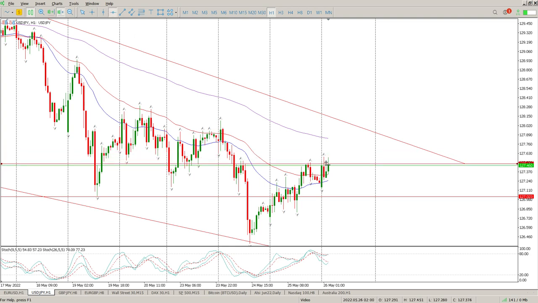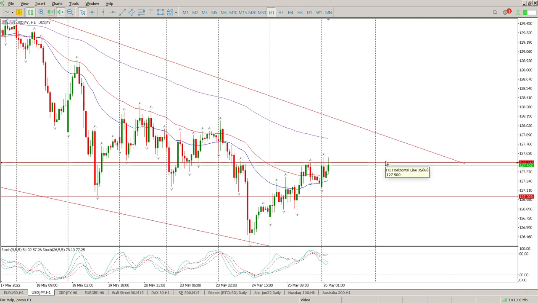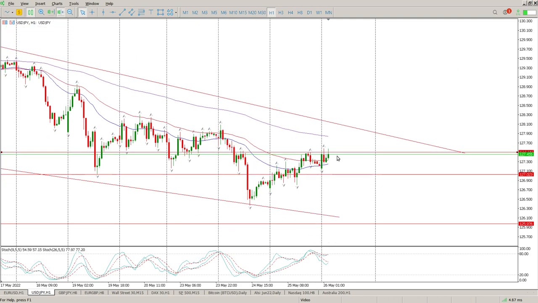So simple way to do this is put this level in. You can see a lot of interaction with it, and that's 127.500. We're looking for a break and retest of that for a move to the upside. If we start dropping below this 127.023, then you can expect more dollar pain and looking for a move to